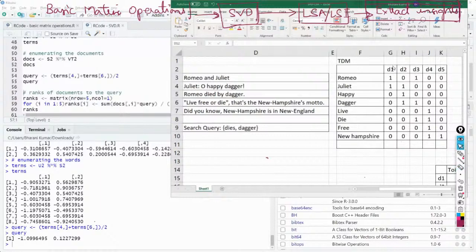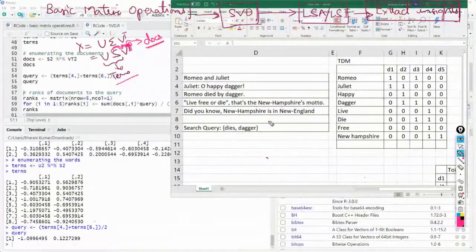You have to also capture the documents. How do you capture documents? In this X is equal to U sigma V transpose, or we have given a notation like S instead of sigma. When you multiply these two, you capture the information of terms, and when you multiply these two, which is S and V transpose, you'll be able to capture, in some sense, documents.